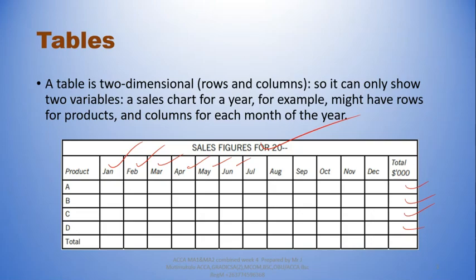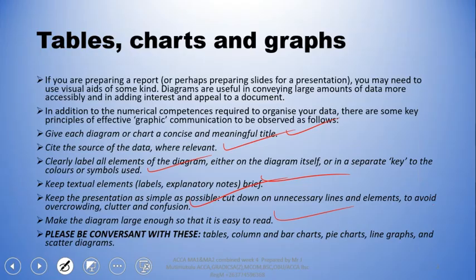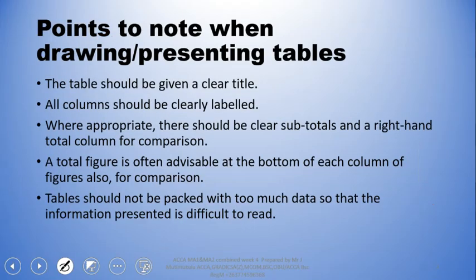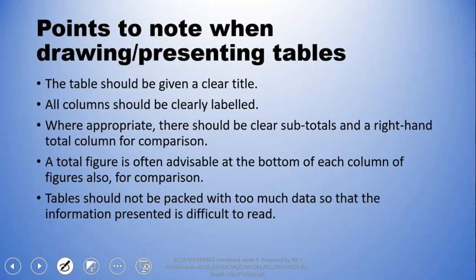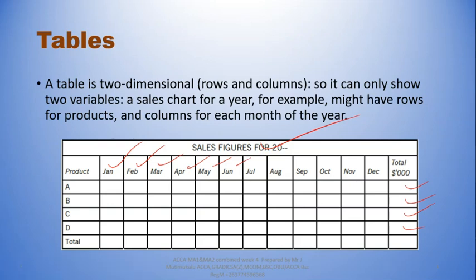We also need to have a total figure, often advisable at the bottom of each column, of the figures for comparison. So we can also have total figures at the bottom here for each column. It's actually required. But one thing I want you to see is that if we add up these columns,